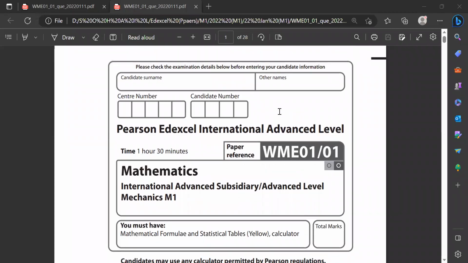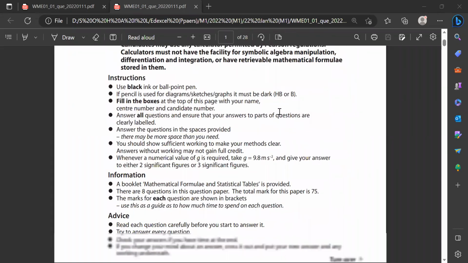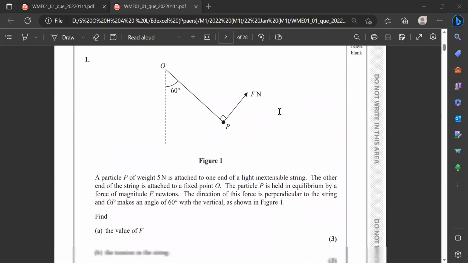Well, this is M1, January 22. First question is